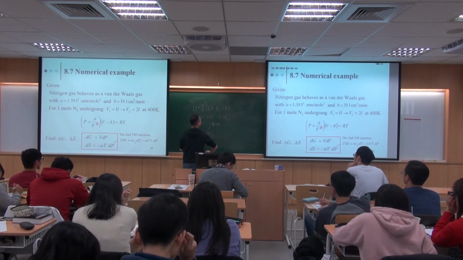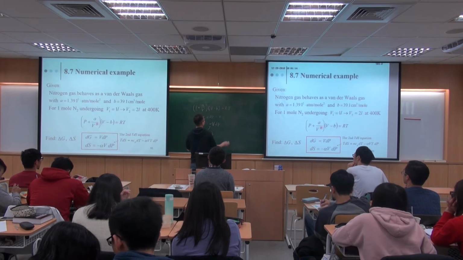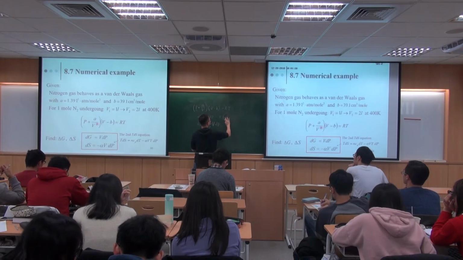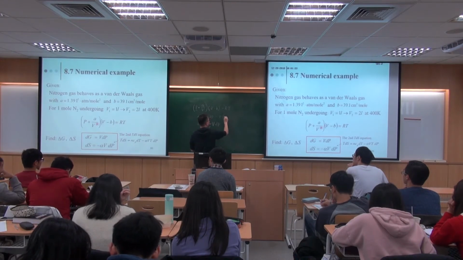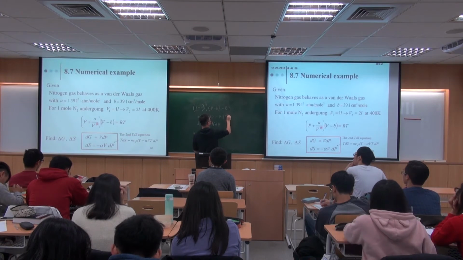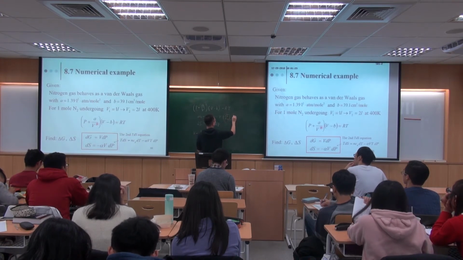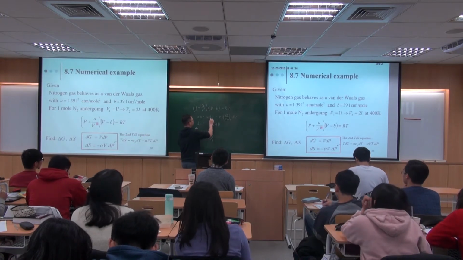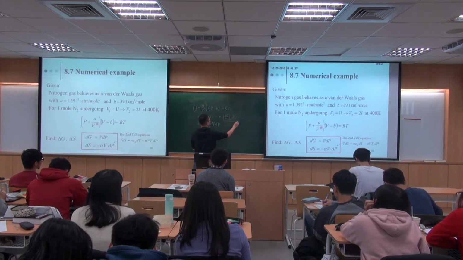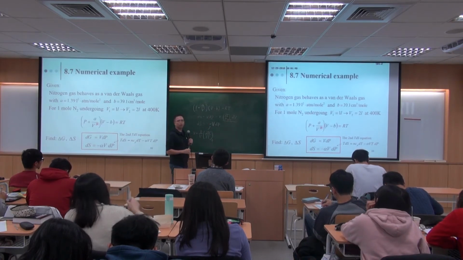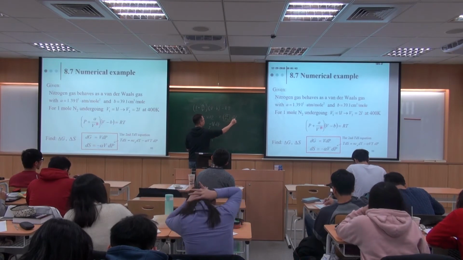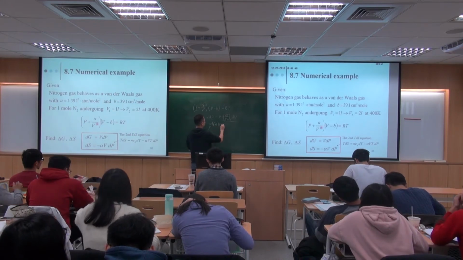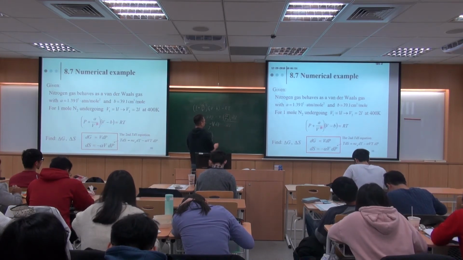Sorry, the other way around. What should I do here? Here. So we have to replace dP with partial P partial V times dV, such that we can use this as our variable. And that will be the same over here. It's going to be minus alpha V, and then